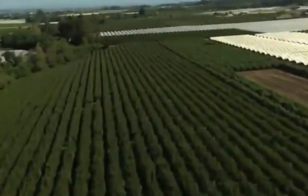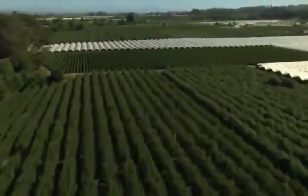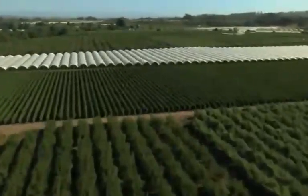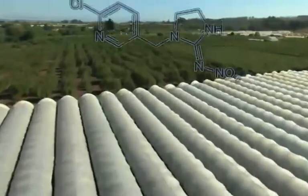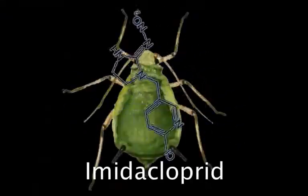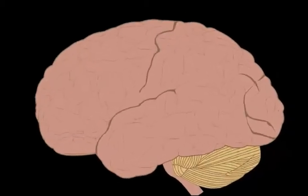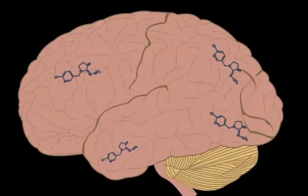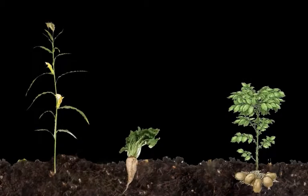As crop production rises to meet demands in the United States, reliance on using insecticides to control agricultural pests has also increased. One of the most widely used insecticides in the United States is imidacloprid. Imidacloprid belongs to a class of neuroactive insecticides called neonicotinoids, which act as a neurotoxin affecting the central nervous system of insects. This insecticide is used to increase yields in crops such as corn, sugar beets, and potatoes by controlling